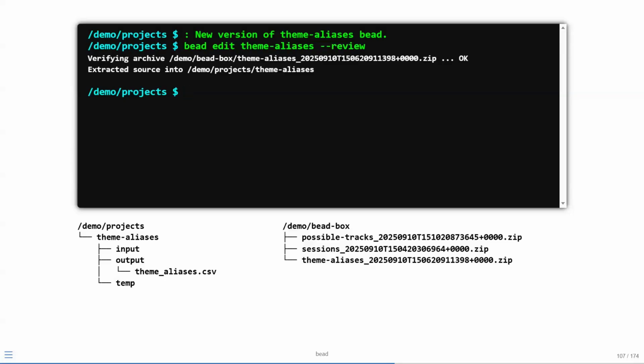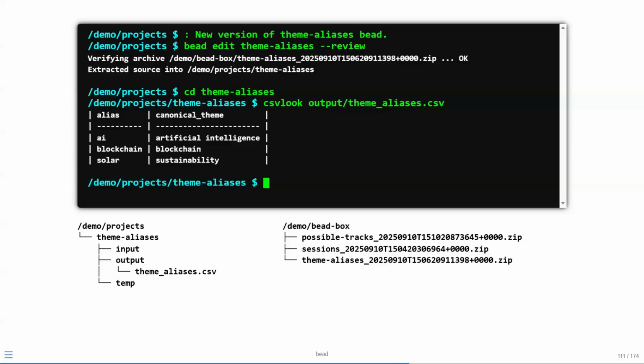Review is the one that has extracted the output as well, because we just want to rerun the computations, and output is something we don't want when preparing a new version. We look at